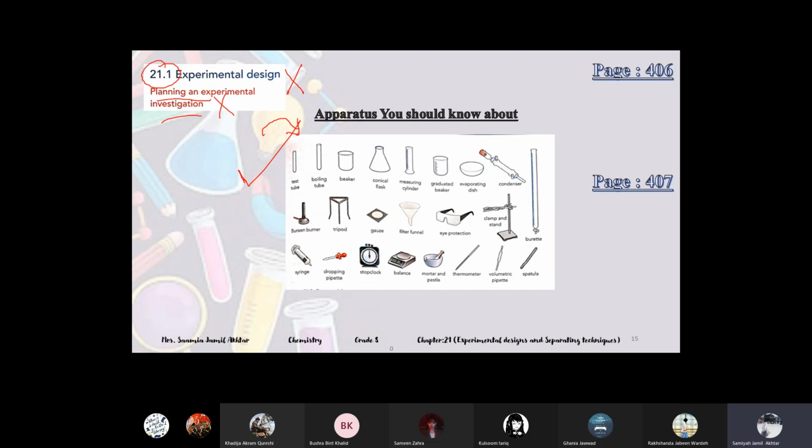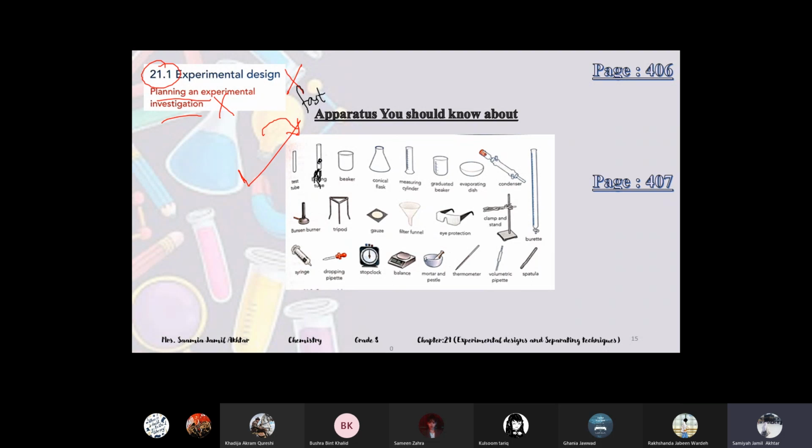So test tube is really easy. Test tube is used to pour the liquids or to mix the substances in each other, in small quantity. Boiling tube is for the substance which you need to boil or which you need to melt. You can put it in this boiling tube and heat it directly, on the top of a Bunsen burner. So if you want to heat something very quickly, melt something or boil something very quickly, then you use a boiling tube, for the fast heating. Then there is beaker, conical flask. You know the purpose for the experimentation, to put the stuff.